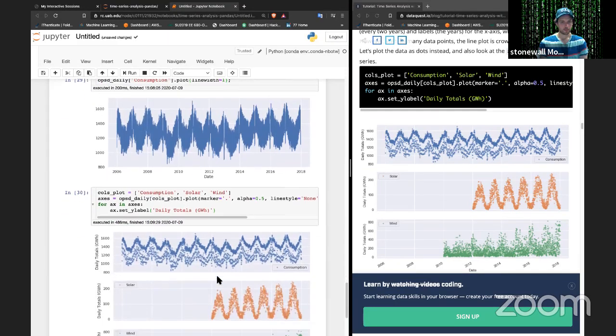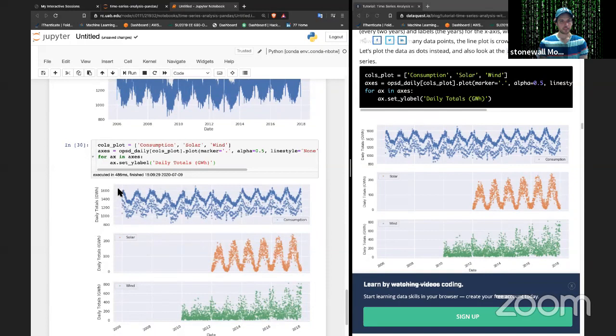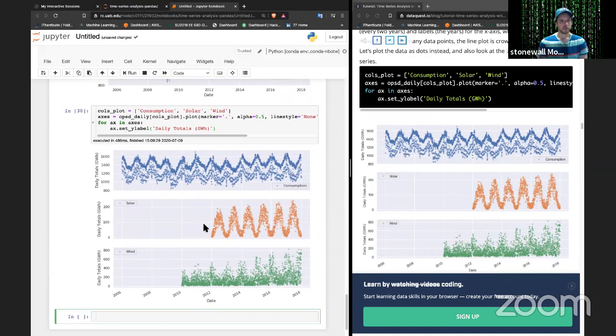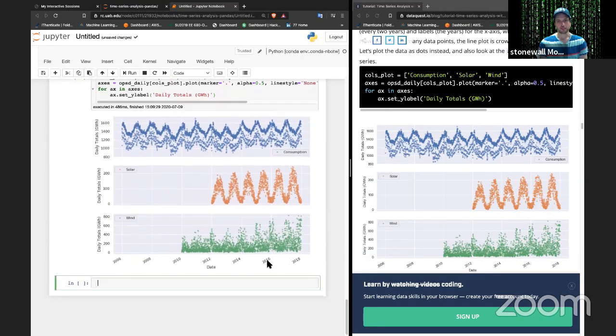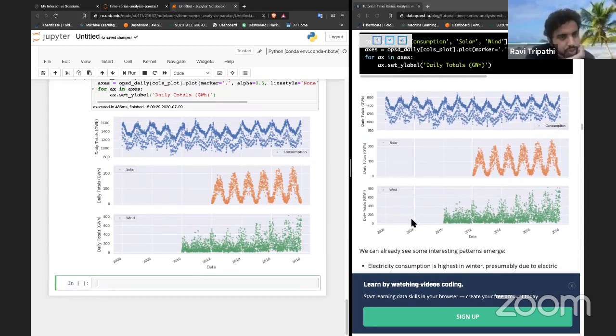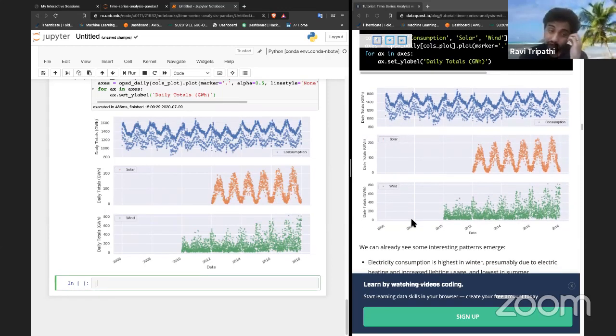And we'll go ahead and pop that in. And so we can see how the consumption changes from day to day, and how the production of solar and wind power increases over time. Yeah, so it looks like you see two highs, at least in consumption,